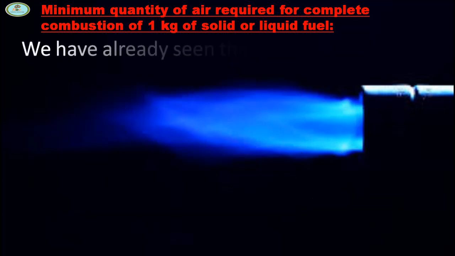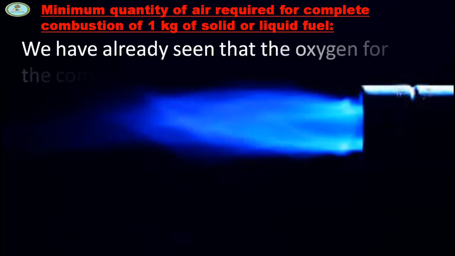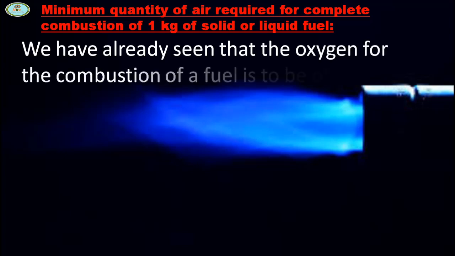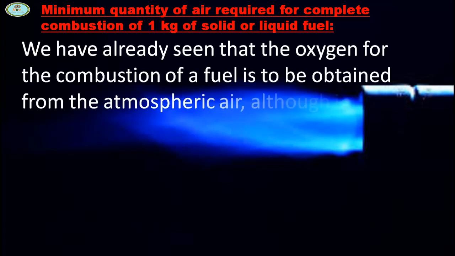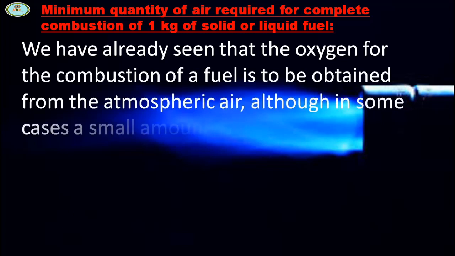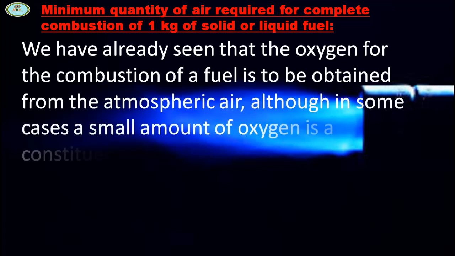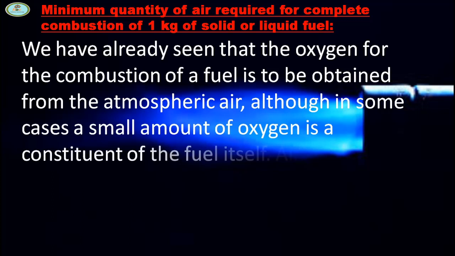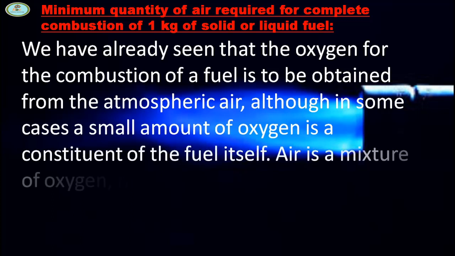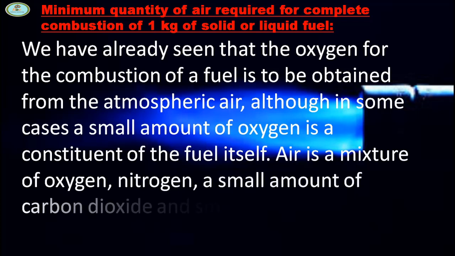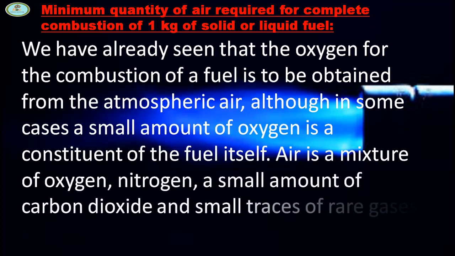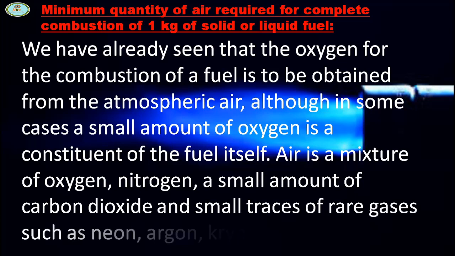We have already seen that the oxygen for the combustion of a fuel is to be obtained from the atmospheric air. Although in some cases a small amount of oxygen is a constituent of the fuel itself, air is a mixture of oxygen, nitrogen, a small amount of carbon dioxide and small traces of rare gases such as neon, argon,